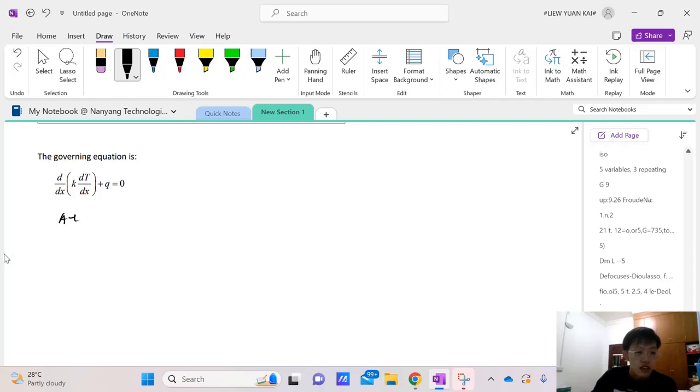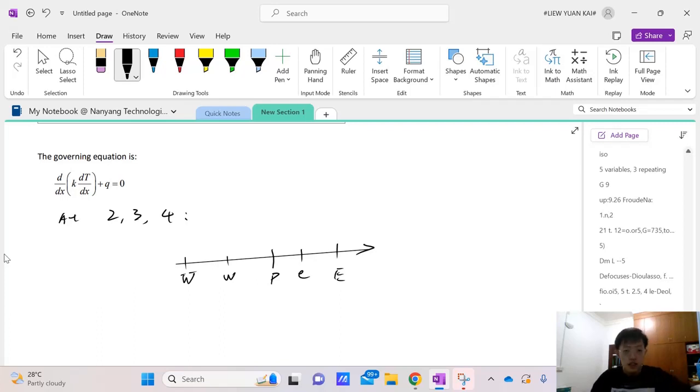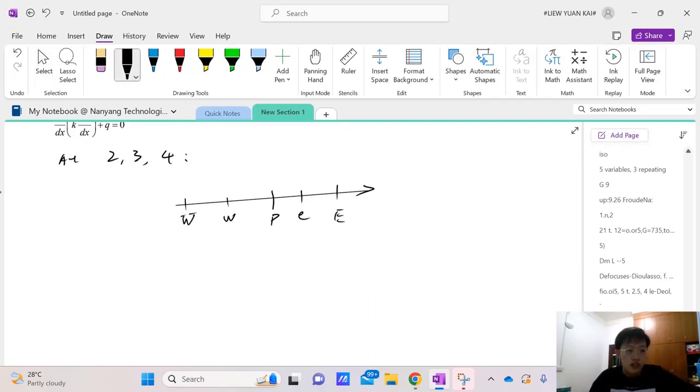So at 2, 3, 4, we have the template. So let's draw the template. We have P, east, west, small east, and small west. Now, what are we going to do here? So let's go ahead and start with the differential equation. So with this differential equation, copy it. We have